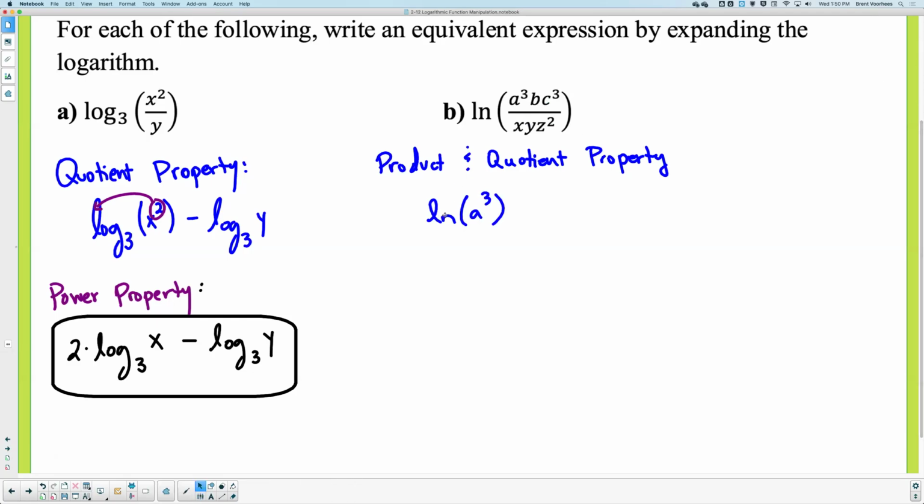I'm going to need more space than that, I know it. I'm going to scoot that over. I'm going to have the natural log of a cubed. Now that b is multiplying on the inside, so with multiplication comes multiplying the inside means we add on the outside. So plus the natural log of b plus the natural log of c cubed, good, plus,